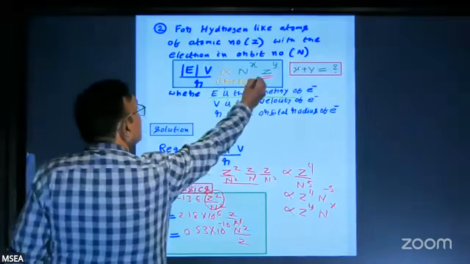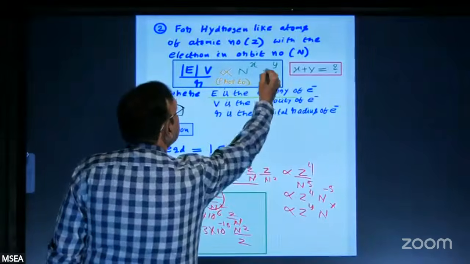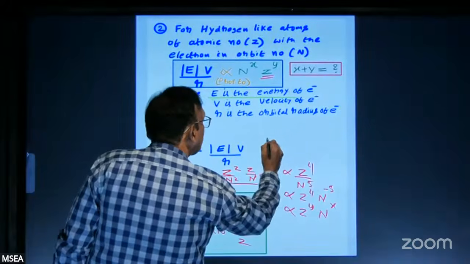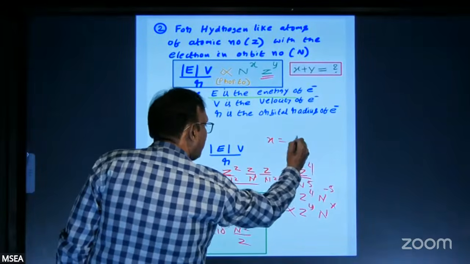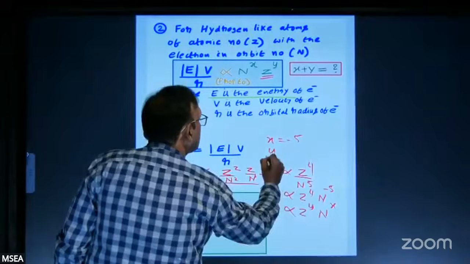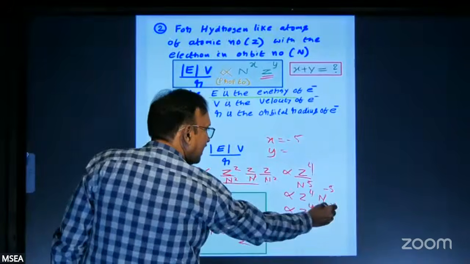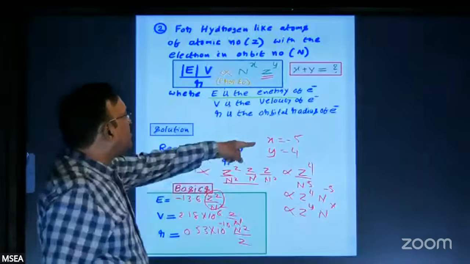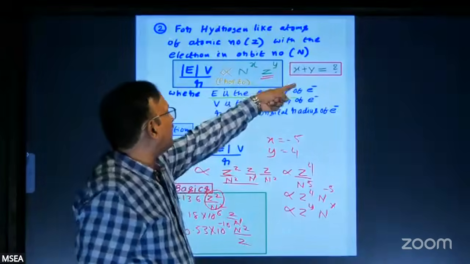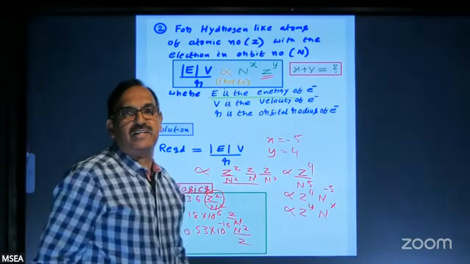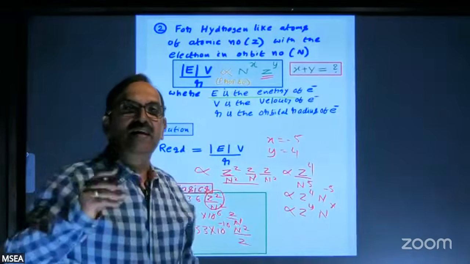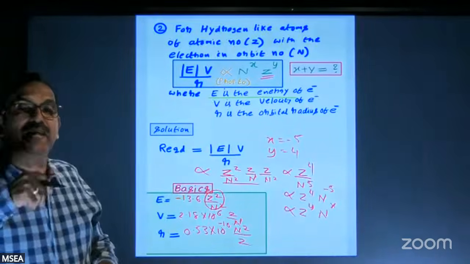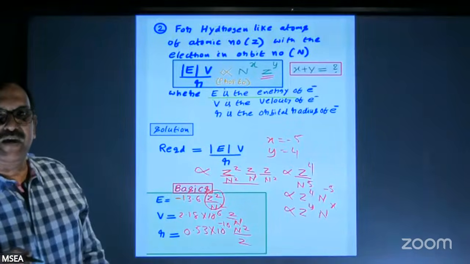Then you compare this with the equation given, z to the power of y, n to the power of x. So x comes out to be what? Come and tell me. Minus 5, and y is equal to 4. Once you know x and y, you can simply calculate x plus y. It comes out to be minus 1. The question can be asked slightly newly in the coming entrance exams, and you have to be good at it.